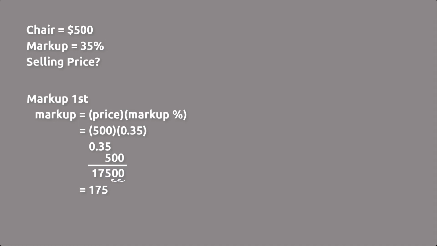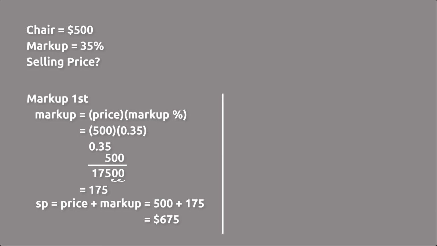$175. And then the selling price, we'll call that SP, equals the asking price plus the markup, which equals 500 plus the 175 we just found, which equals $675. Now the second method is similar to when we find total cost with sales tax, or with a markup